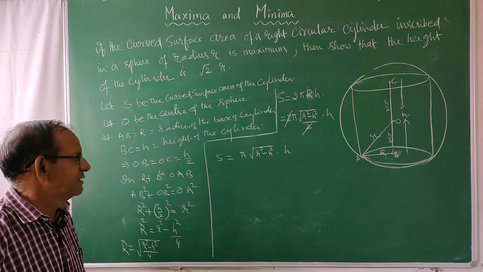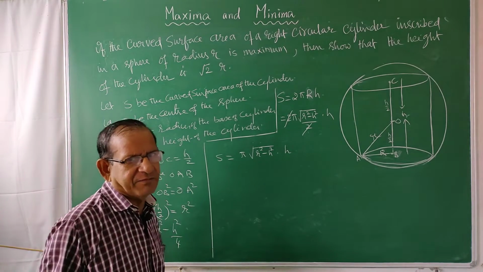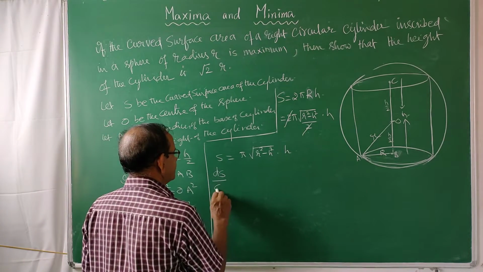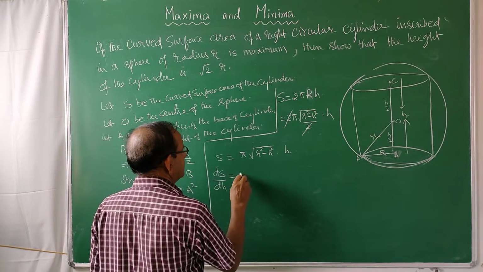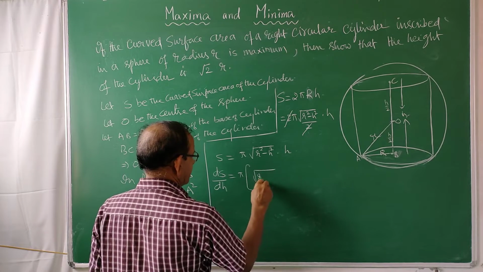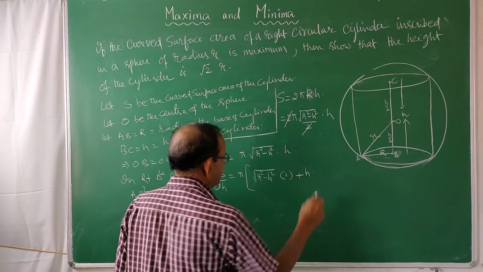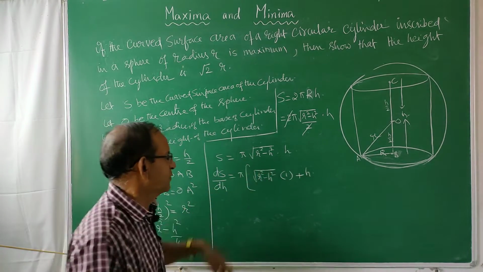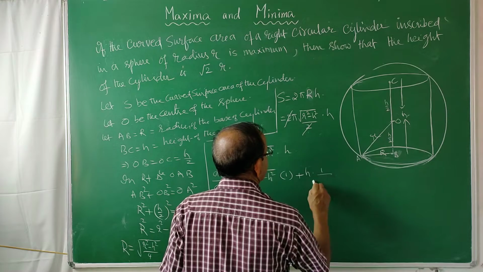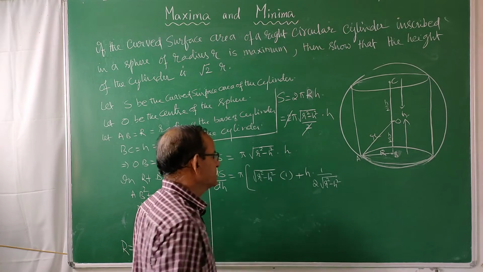Now we have to find out the derivative of S with respect to h. Here h is a variable, because you have to change the height. So dS by dh is equal to, pi is a constant, you can keep it outside. First you take the derivative of h, that is root of r square minus h square into derivative of h is 1, plus h into derivative of root of r square minus h square. Root of some function is there, 1 by 2 root of that function, 1 by 2 root r square minus h square into derivative of r square minus h square.